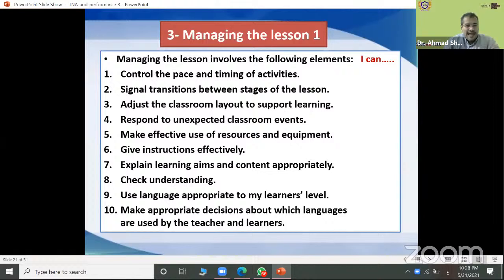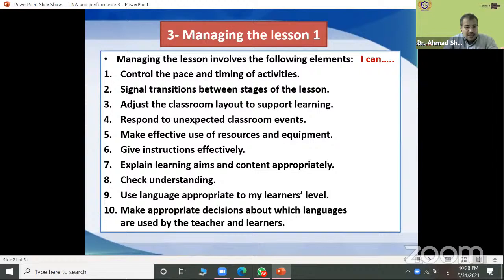Adjust the classroom layout to support learning. You can change the settings or the seating for the class. Respond to unexpected classroom events. Make effective use of resources and equipment. Give instructions effectively.